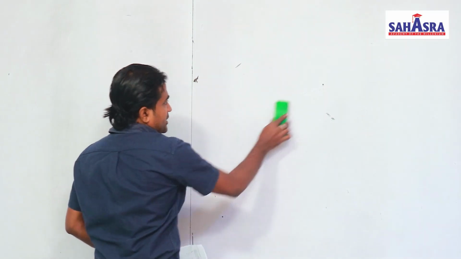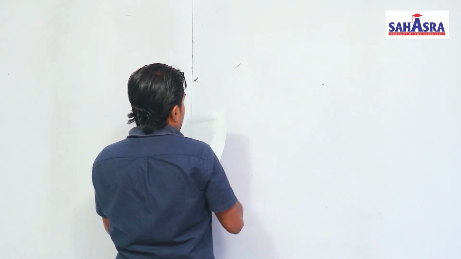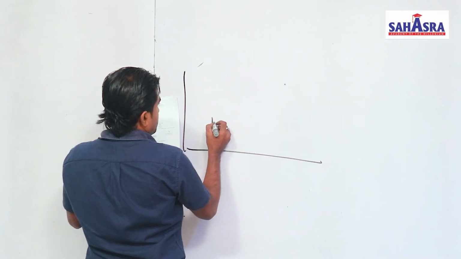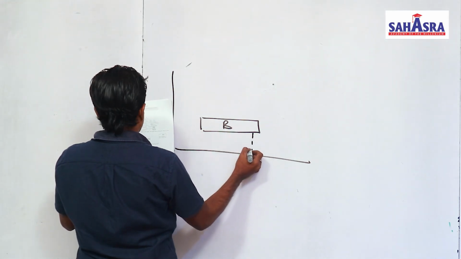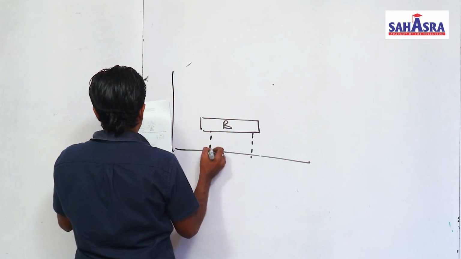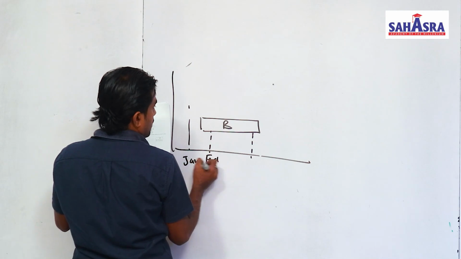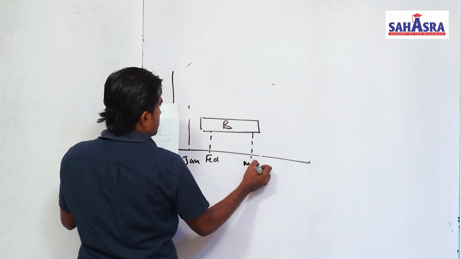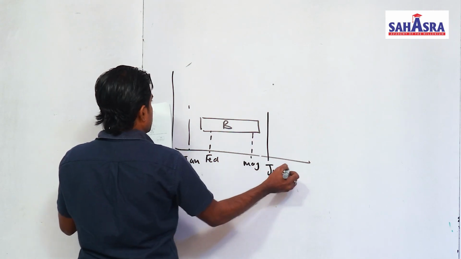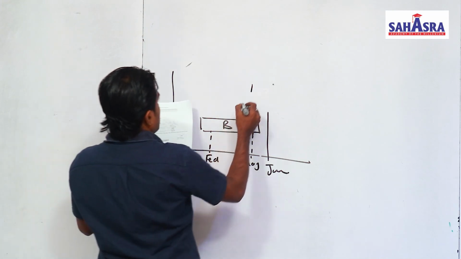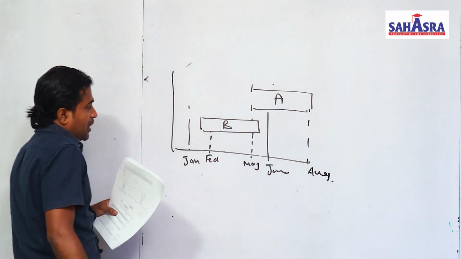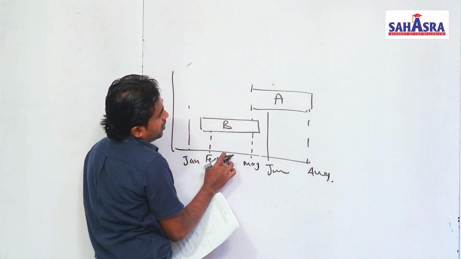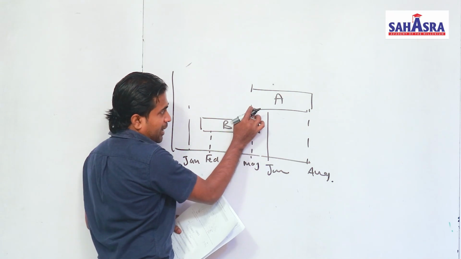They have chosen two plants as A and B. If you observe this chart, you will observe that this is plant B, and this is plant A. If you observe this very carefully, plant A starts flowering from May. It starts flowering in May and it ends